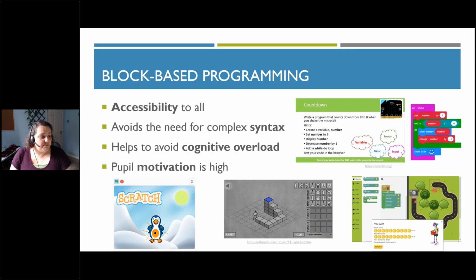The microbit, I'm sure lots of you have come across microbits, and there are so many good resources. There's been a huge amount of work on the microbit project over the last year or so. There are loads of resources on their website. Have a look at that. I use that